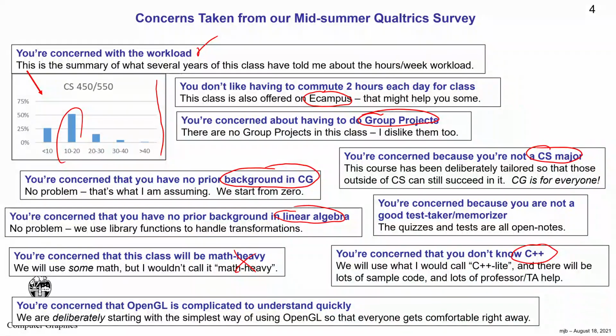We're not going to start with that. We're going to start with the inefficient part of OpenGL. We're doing that on purpose because that's the part of OpenGL that is really super easy to learn. Now, if you get a job doing this, they're going to want you to program in the efficient way of doing OpenGL. And so as time goes on in the quarter, we're going to take some of the